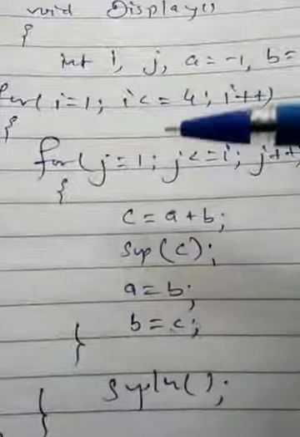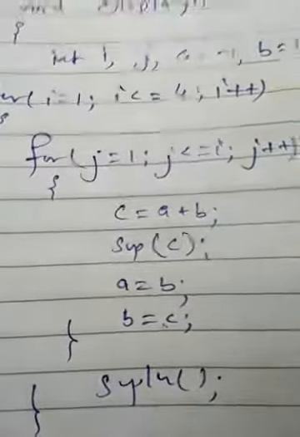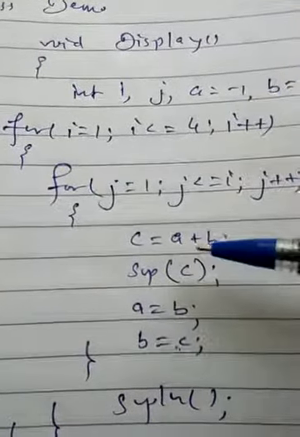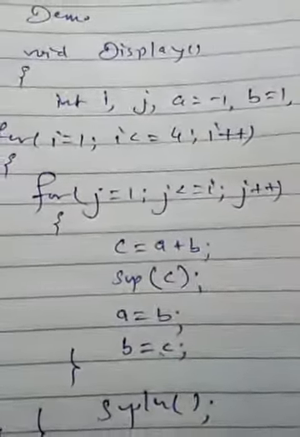Similarly, this will execute a second time, but the second time the condition will fail. So in the next row, this will come again, and the current values of a and b will be added, that will come 1.